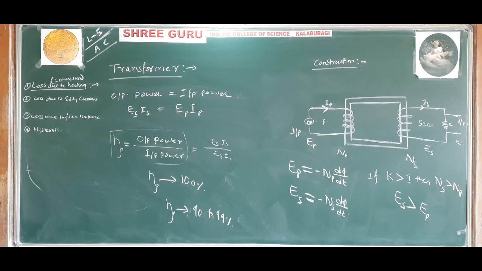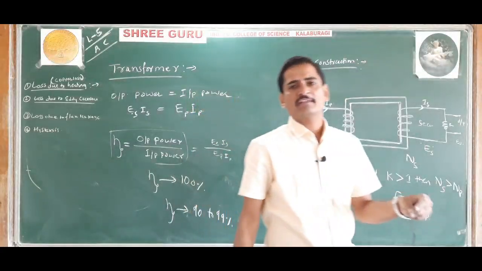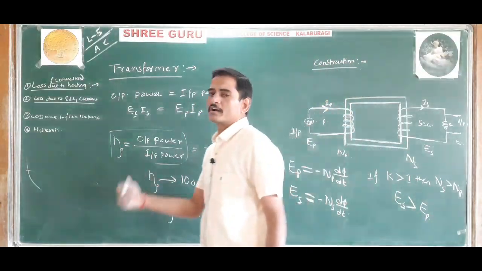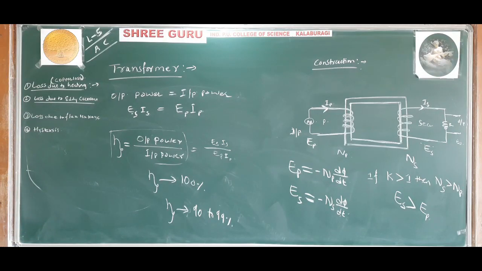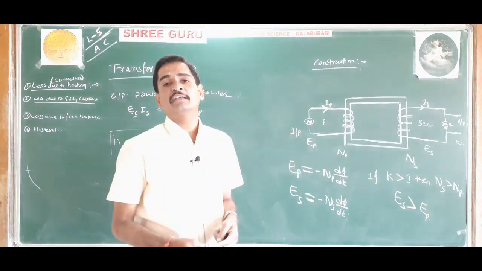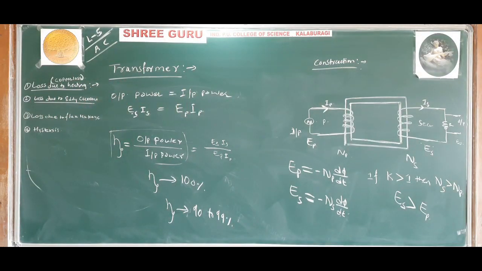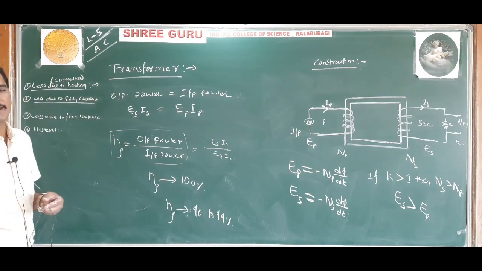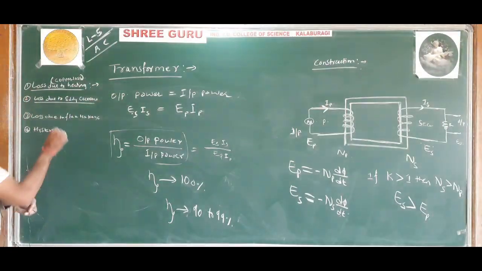Thick wires. Okay. So, loss due to eddy current. There will be energy loss due to eddy current. The magnetic flux linked with the coils induces an eddy current, and due to the eddy current, heat is generated. So there will be a loss due to the heat energy, and this can be minimized. That is, the eddy loss can be minimized by using a laminated iron core.